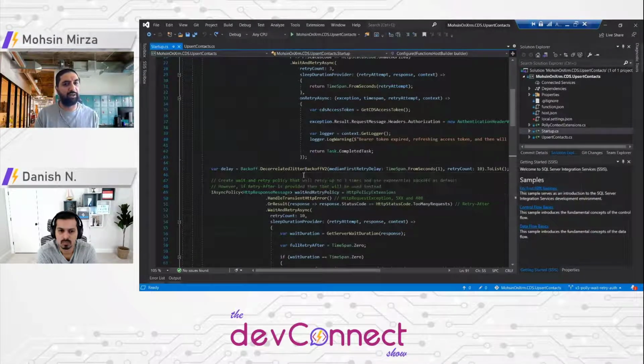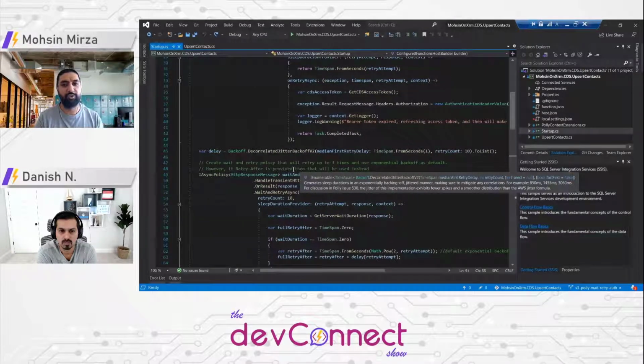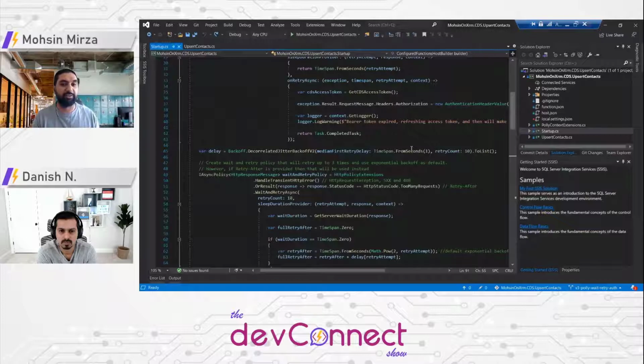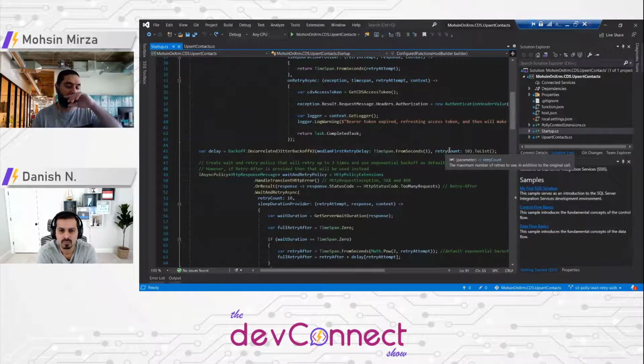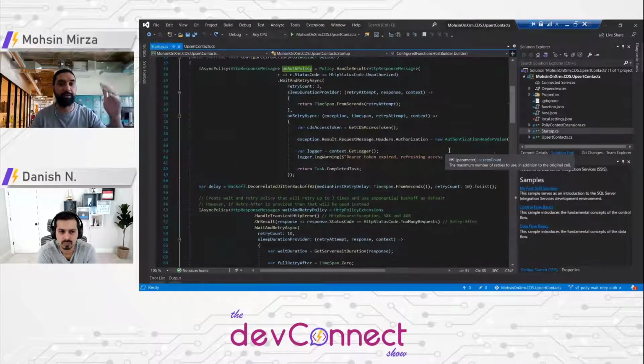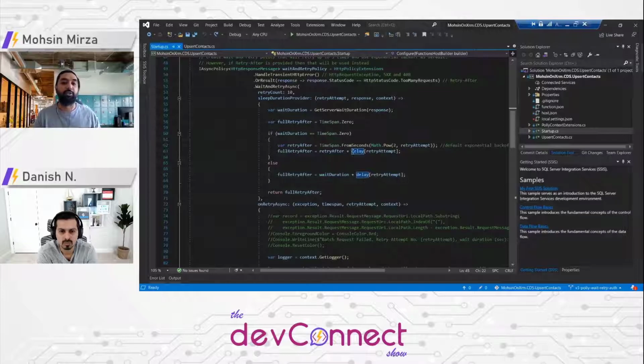So this is another function from the Polly contributors. I'm saying, hey, from a median first retry delay of 1 second, and I have 10 retry counts. There could be a time when I'm using 10 connections, so I want to retry 10. So I'm just getting the delay out of it, and then I'm using the delay here. Yeah, there we go. So here I am saying that, hey, the default try coming out, add the jitter delay